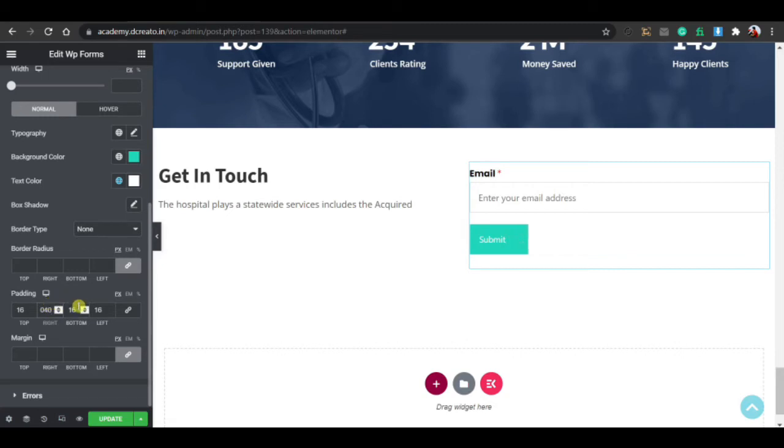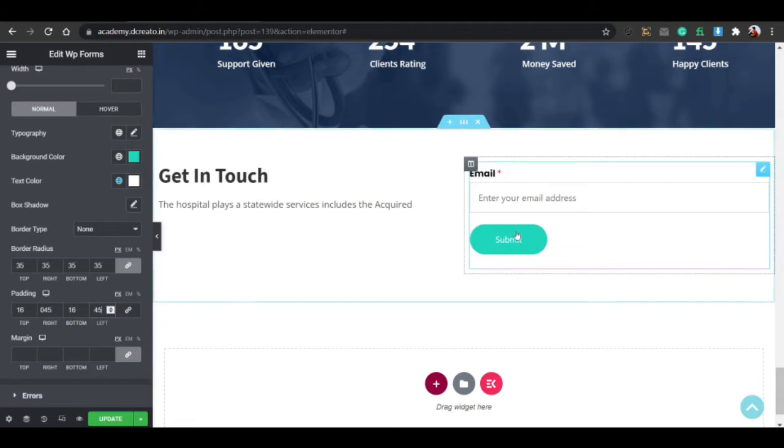I'm giving it 40, and the left will be 40. And then this is the border radius, I'm giving it 35. So I'm giving it 45 pixels again, and left will be 45 pixels. That's it.